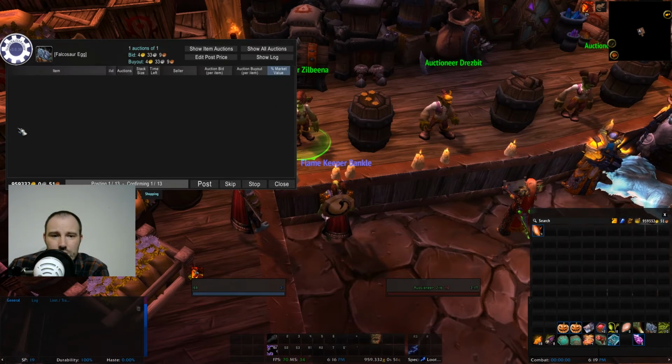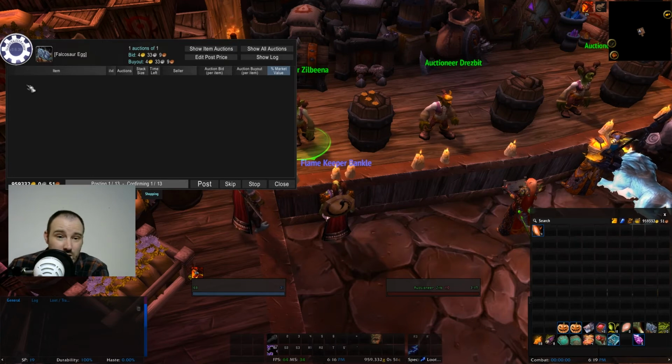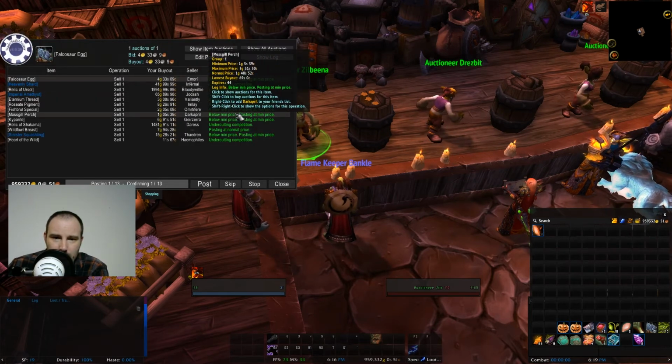There are no auctions for it. So I'm posting it at my normal price. As you can see, you click on it and it'll give you a detailed log of what that item is on the auction house. And as you can see, there's nothing there. So if I was to have a look and see, let's have a look at the...